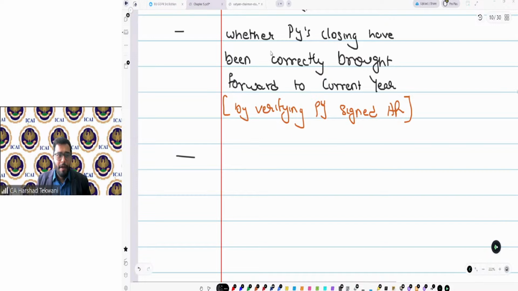Let's say, for example, whether previous year closing has been correctly brought forward to the current year by verifying previous year's signed audit report. That I already did. Other than this, what can I do? Come on, guys. Other than this, how can you make sure that the misstatement in the opening balance is not impacting your current year financial statement closing balance?